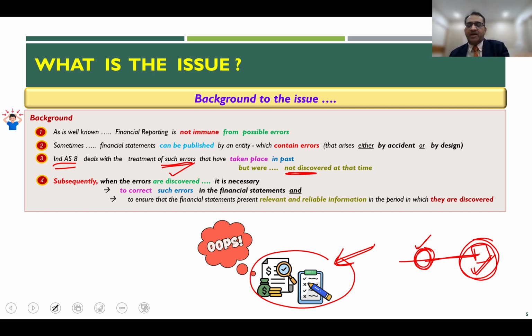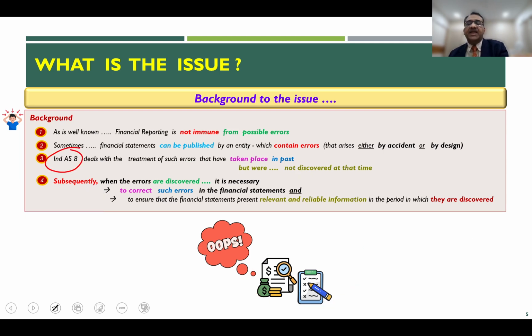This particular problem statement is addressed by Ind AS 8 from an Ind AS perspective and IAS 8 from the IFRS perspective. As I mentioned, when errors are subsequently discovered, it becomes necessary for the entity to correct those errors in the financial statements with a view to ensure that the financial statements present relevant and reliable information in the period when such errors are discovered. How it all is required to be done, that is something which we will see as we deep dive into